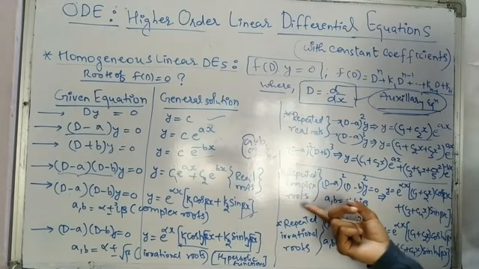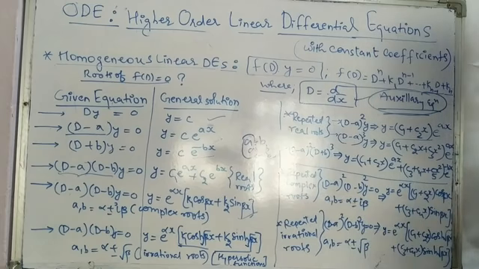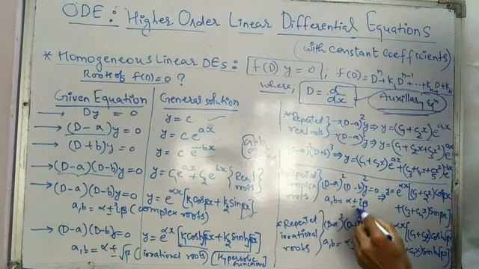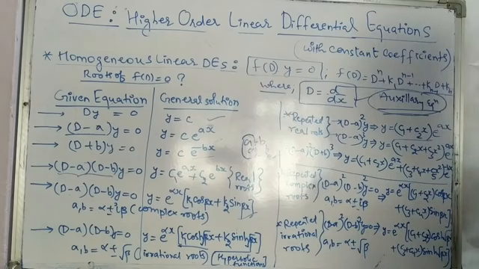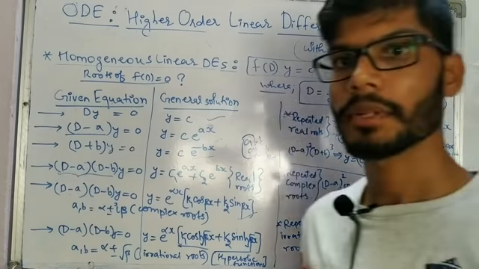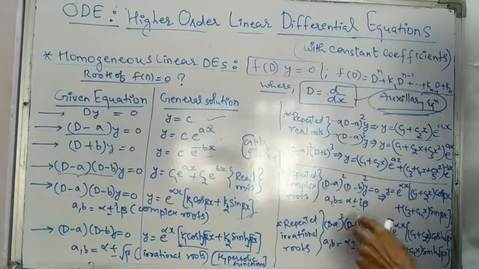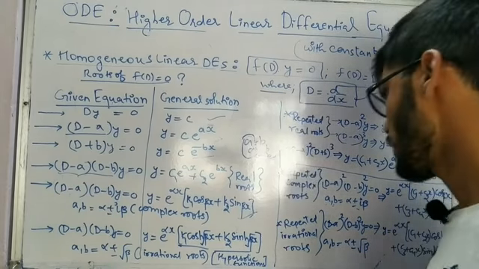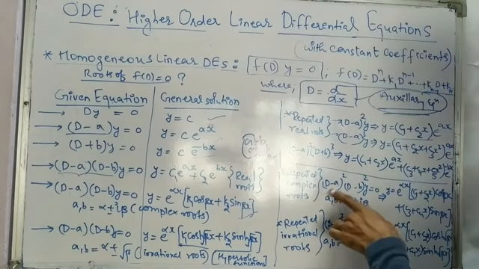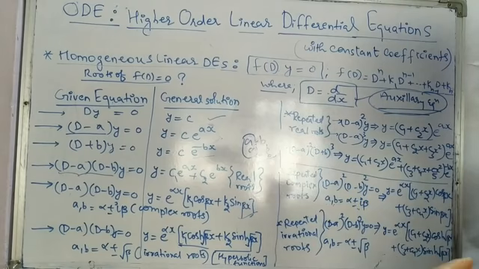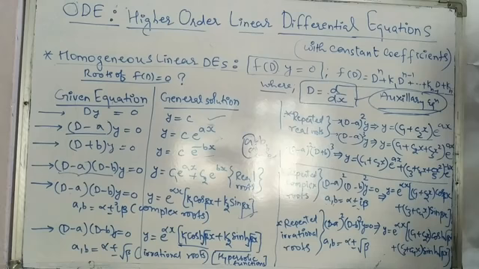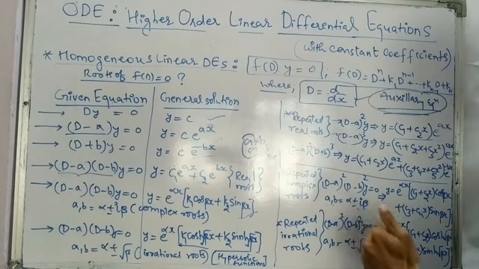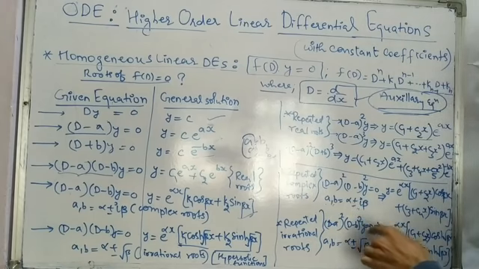And now in the second case, again the roots are complex, but they are repeated. How are they repeated? Like a and b, where a is alpha plus iota beta, and b is alpha minus iota beta. But instead of only once, they are repeated. Also keep in mind the complex roots always come in pairs, because complex roots pair with each other. So if alpha plus iota beta is there, alpha minus iota beta will also be there for sure. So we are going to get the repeated roots in even numbers, 4 or 6 only, not 3 and 5.